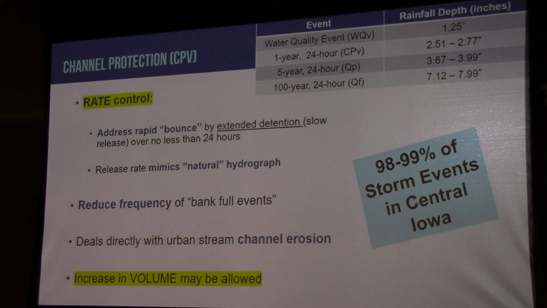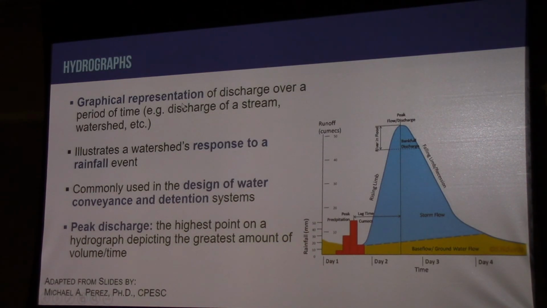Now I should note, we're slowing it down. It doesn't mean that we aren't still letting more water out. Because we have pavement, things like that, even in this event, there will be more volume that goes downstream. We're just slowing it down to a slower rate. So we're not trying to capture and retain the volume. So that's when we get to the ladder and we talk about that balance between number 3 and number 4. We're not quite to number 4 on this. We're not retaining this extra volume and keeping it. We're slowing it down. So it's more like a 3.5 if you're looking at that ladder.